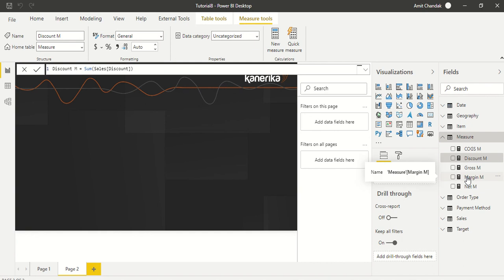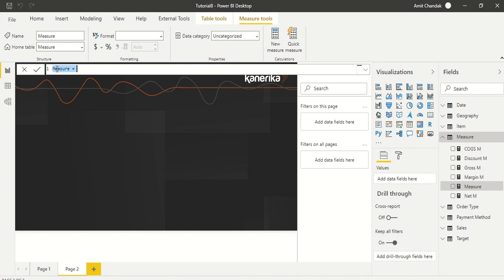Now we need discount percentage and margin percentage. And why we prefer discount percentage only as a measure, not as a column: because a column is a row level calculation where the discount would not be a weighted discount. It is just division, and then we'd do a simple average aggregation. But it should actually be sum of A divided by sum of B, meaning the discount amount should be summed and then the gross sale should be summed, and then they should be divided at different levels. Then only we will get the correct weighted discount. So we prefer division always as a measure only.